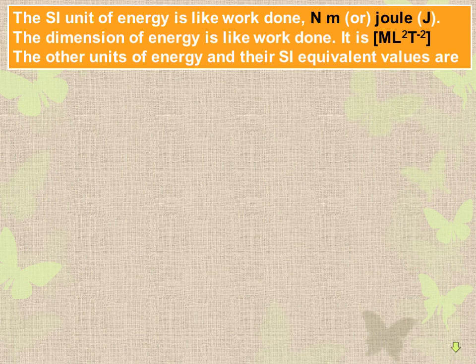The SI unit of energy is like work done, that means Nm, Newton meter, or Joule, J. The dimension of energy is like work done, ML square T minus 2. Now using this SI unit and this dimensional formula, you can see how the energy and work are interrelated between them. The other units of energy and the SI equivalent values are,